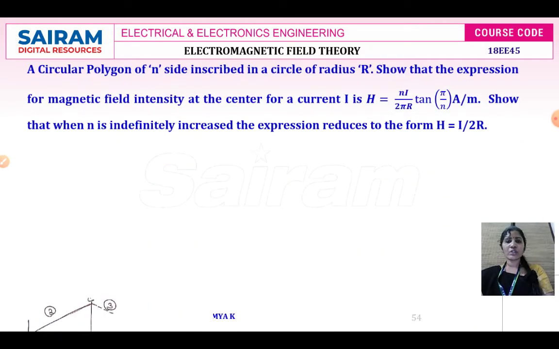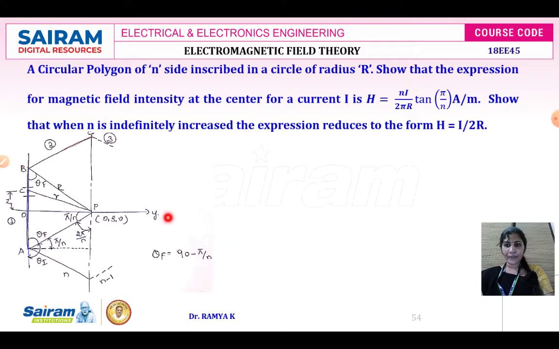In this also we will have the technique. This is going to be one side of your conductor. Here you are going to assume the differential elemental length. This is going to be the differential current element, and point P is going to be the place where we need to identify the value of magnetic field intensity. Therefore, it is going to be your effect, and this is going to be the cause. The distance between the cause and effect is going to be r.